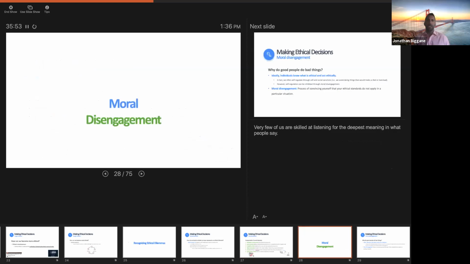But that's not the only thing to really understand, because now we've got an idea of the degree of badness of an act. We know sort of how people go about choosing whether an act is bad or not and how bad it is. But why do good people do bad things? It still doesn't really answer that question. Why did David Goya fail to recall the Ford Pinto? Why do people torture people in wartime? I mean, why does this stuff occur?